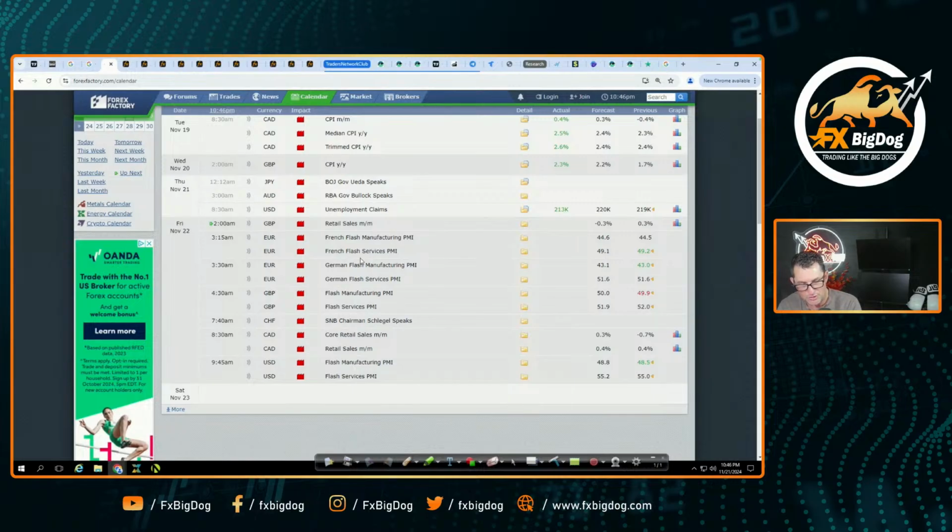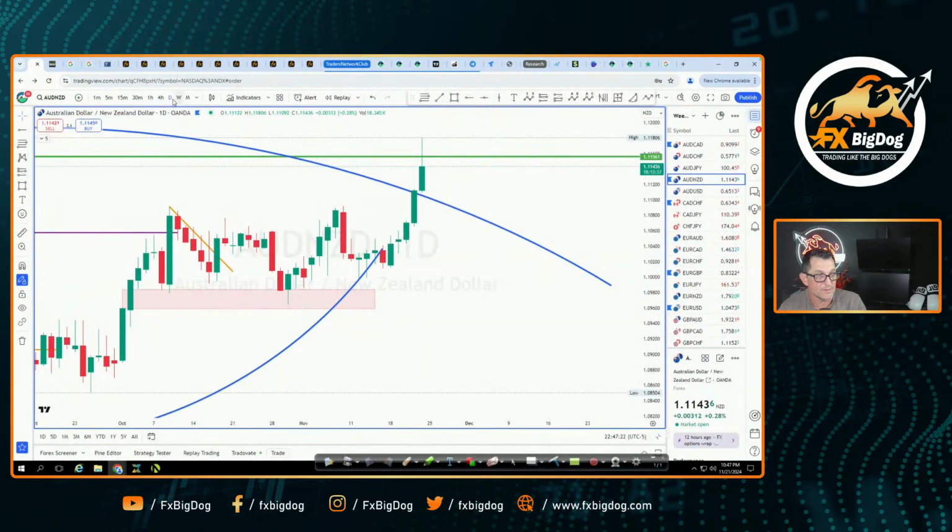And when we get manipulation in the market, what's going to happen? We're going to see price dip down and then rally back up on the euro US dollar, right? We're going to get the market to dip down and rally back up again. All right, we just added a new position. If you take a look at it, we just added another position on the Aussie New Zealand dollar. Let's go to the Aussie New Zealand dollar. I want to talk about that. Just the daily time frame.